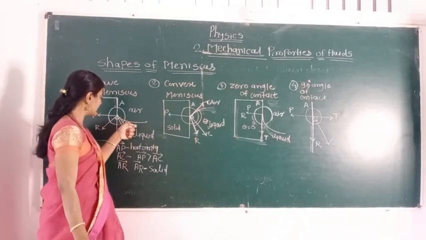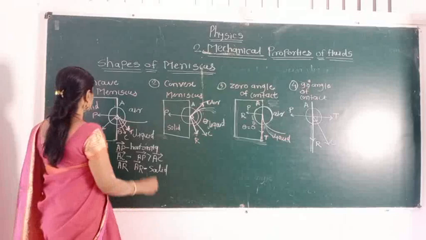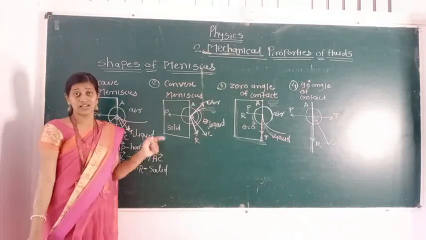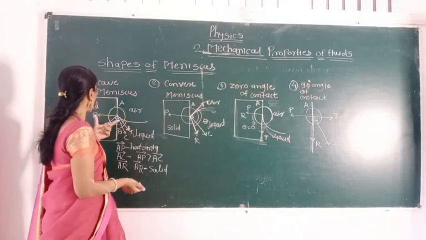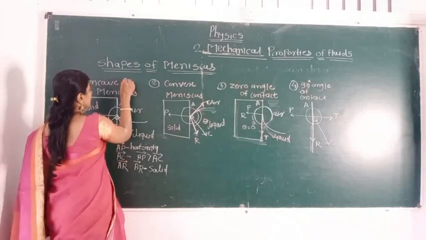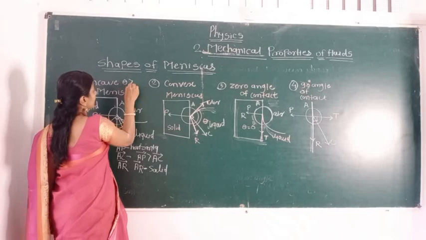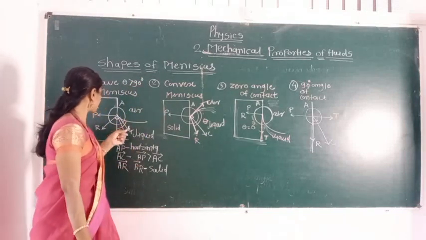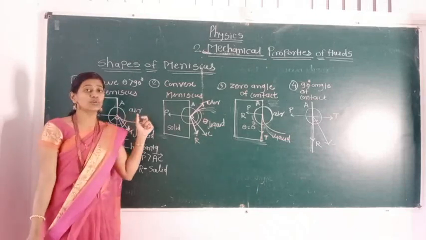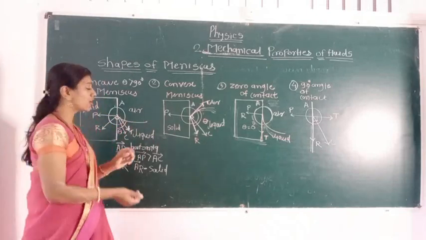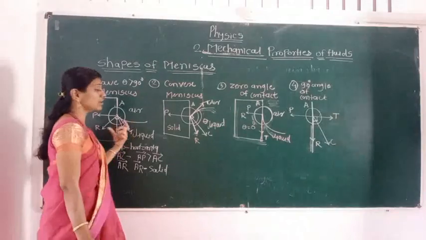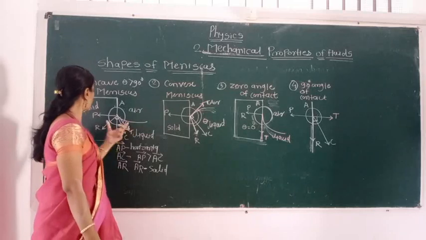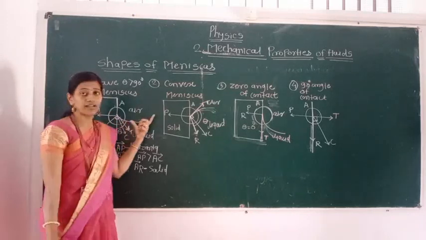So we can say here the nature of that liquid surface is concave, and here we are getting a concave meniscus. Otherwise we can say it is the acute angle. In this case that theta, that angle, is less than 90 degrees. One thing is that the tangent drawn to the point of contact makes an angle of 45 degrees with either of the two sides, the solid container and also the liquid surface.